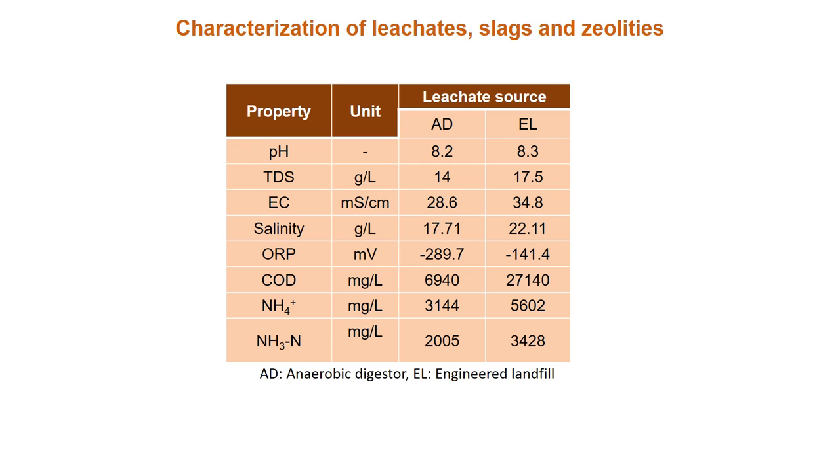As you can see, the properties of the leachate which is used for the study are as follows. It had a pH above 8, which indicated that it was quite matured, and high levels of COD contamination. The ORP values, which were negative, indicated that the leachate is in anaerobic state or it's rich in anaerobes. The values of TDS, EC, salinity indicated that there are lots of dissolved charge carrying contaminants, basically inorganic in nature. Ammonium ions were quite abundant, and also ammoniacal nitrogen.